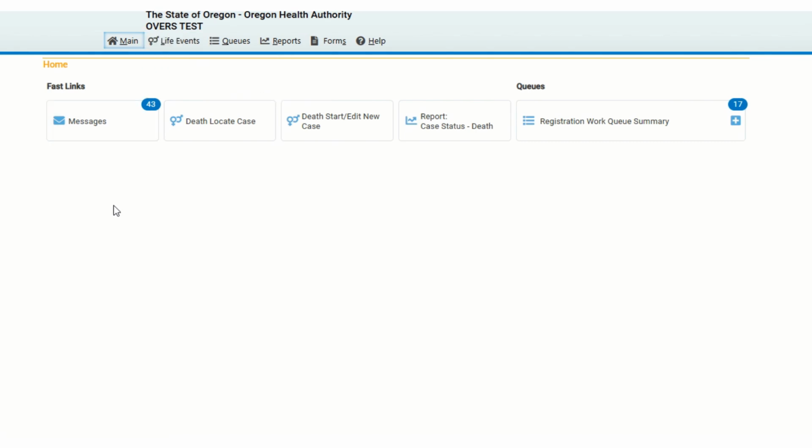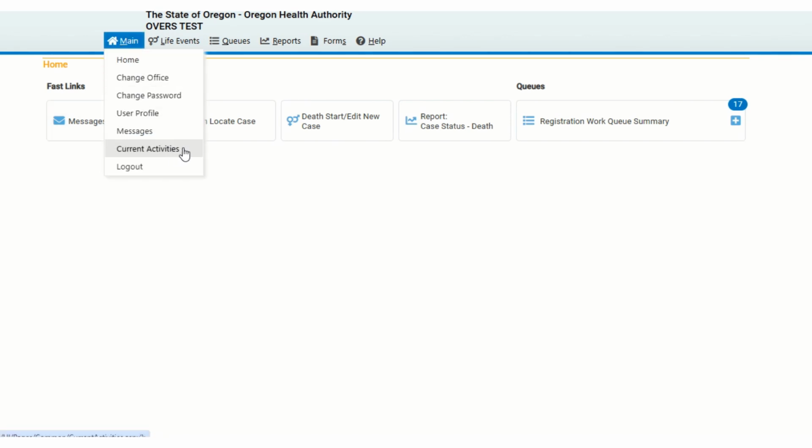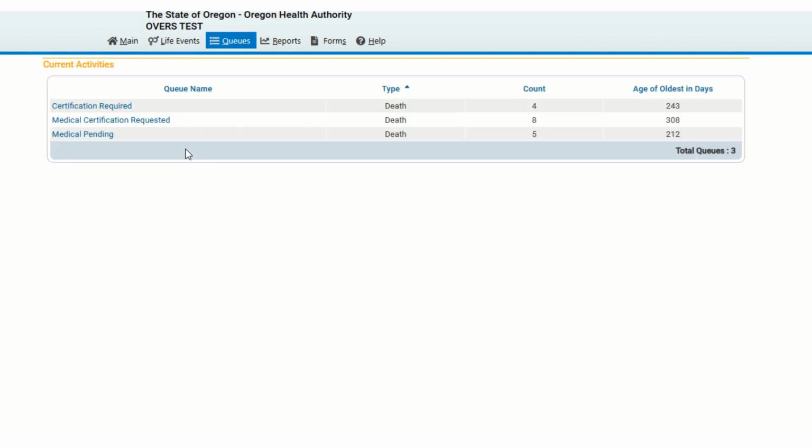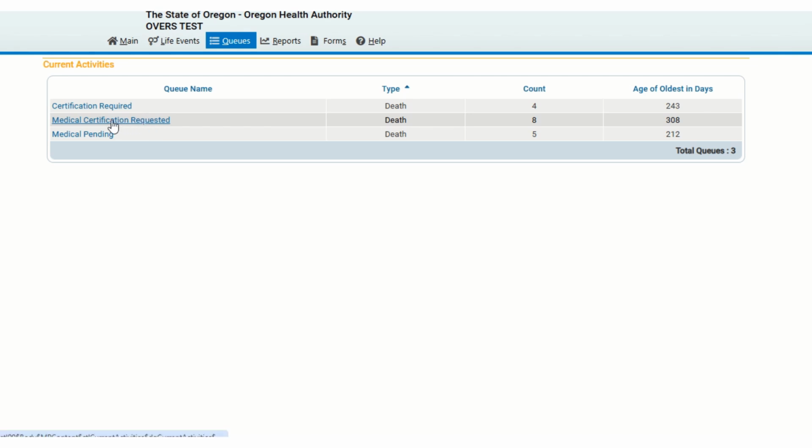Now, the first thing you'll want to do is locate the record that you need to complete. And to do that, you'll click on Main and then Current Activities. Current activities will bring you to the queues, and there are 3 possible queues that you may see. Don't worry if you don't see all of them, because you'll only see a queue if there are actually records in that particular queue. And all of the records requested to be completed by a funeral director will be sent to the medical certification requested queue. So if you'll click on that queue,